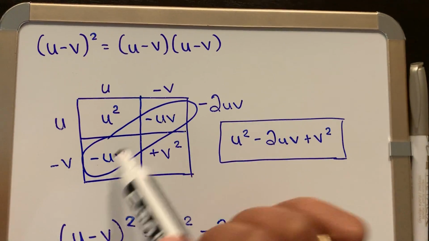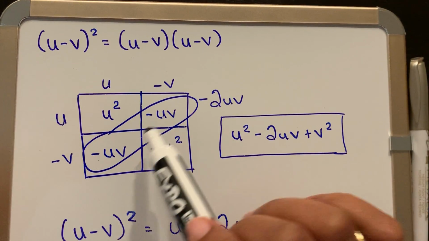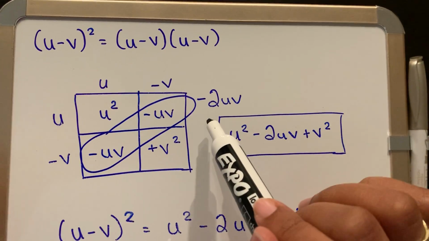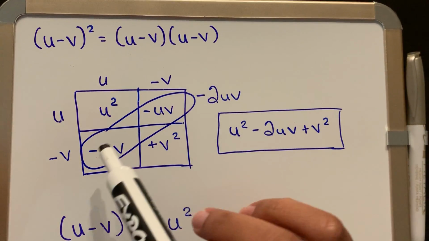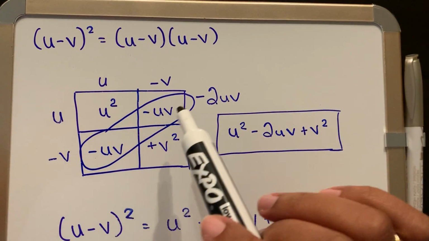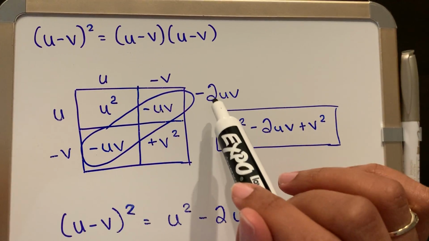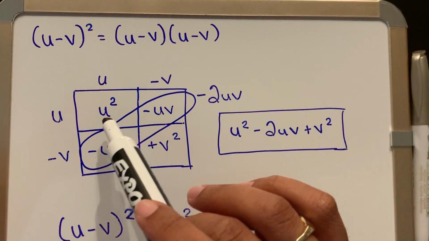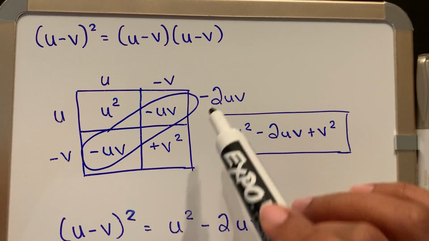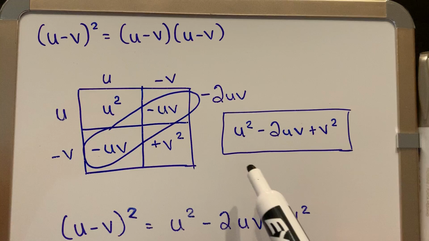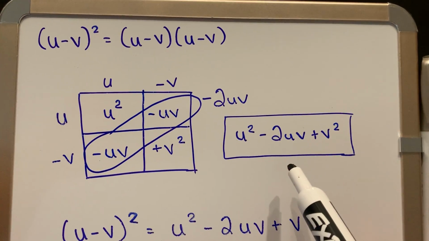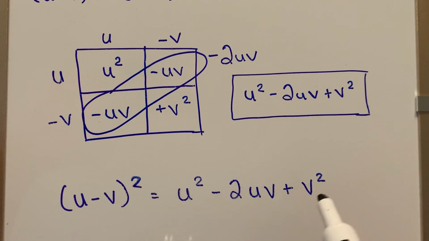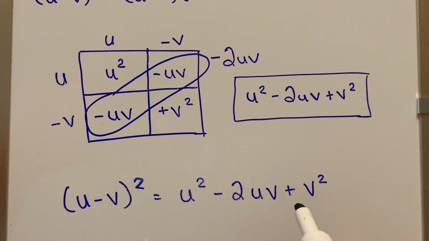Then we combine like terms. We have negative uv plus negative uv. Okay. So in this case, that's negative 2uv because you have two negative terms that you're combining. So you add them and keep the sign. So negative 2uv. The final answer would be u² − 2uv + v². U² − 2uv + v². So that's how we get this identity. Okay, once again, you will see this in the first